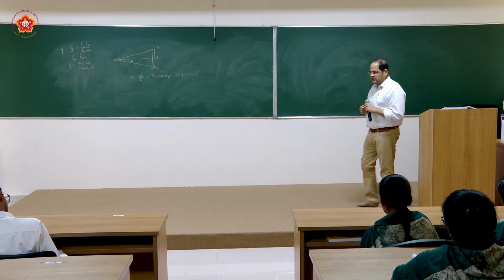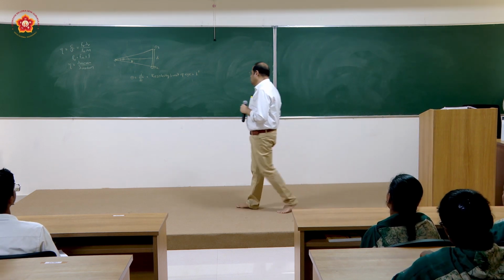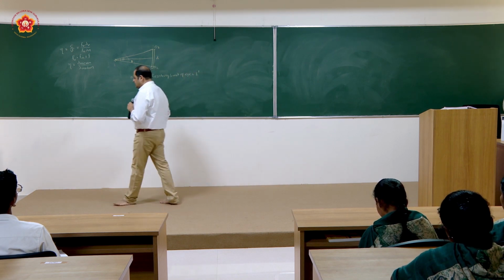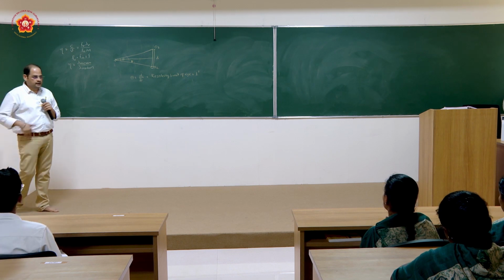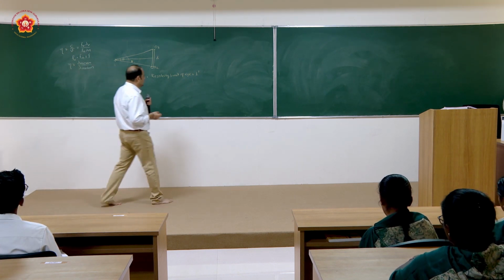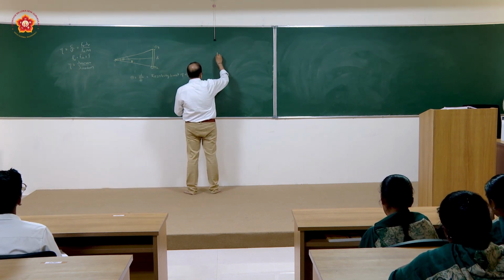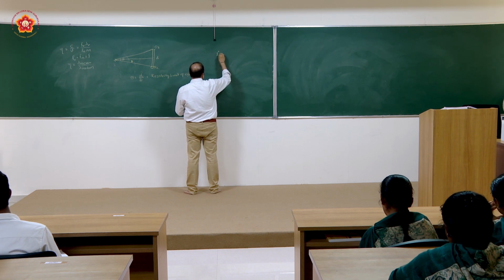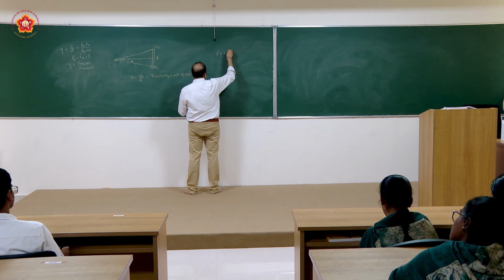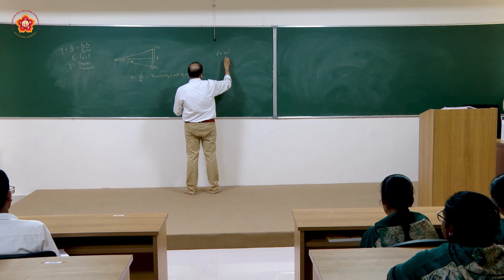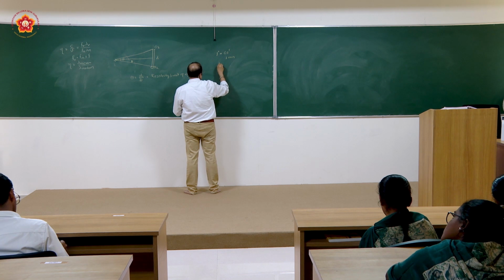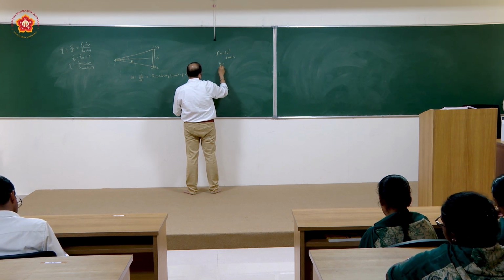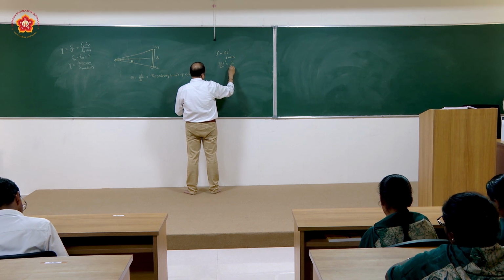एक मिनट का एंगल होना चाहिए. The angle should be less than 1 minute, you will not be able to resolve. If the angle is greater than 1 minute, you will be able to resolve it completely. Now you should be aware that 1 degree is equal to 60 minutes. So 1 minute will be equal to 1 by 60th of a degree.